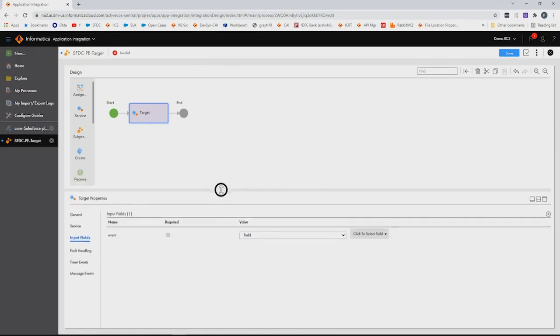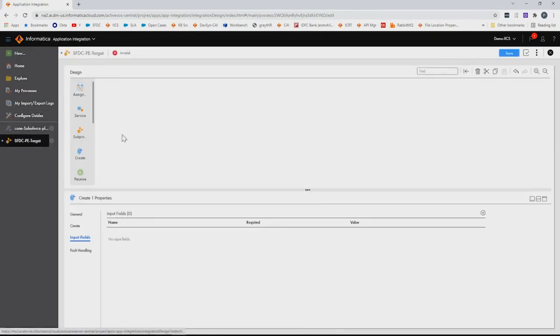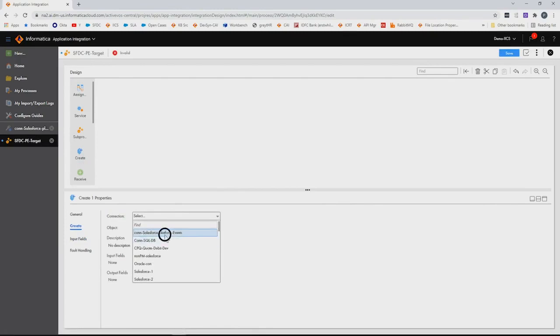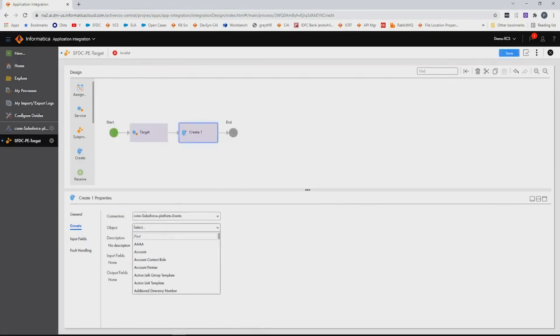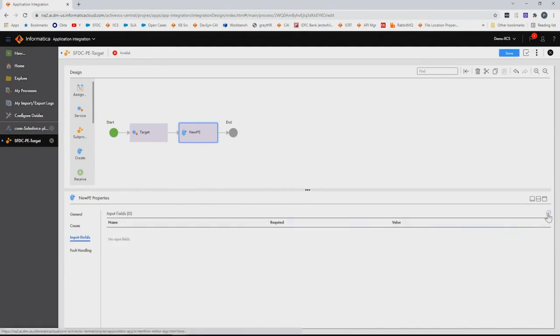Another way you can create a platform event is that you don't need to create an event target. You can just go ahead and use the create step and select the Salesforce connection and select the appropriate platform event. In my case, this is the name of the platform event, and pass the respective fields of the platform event.